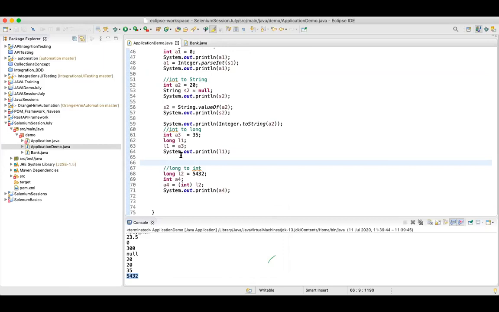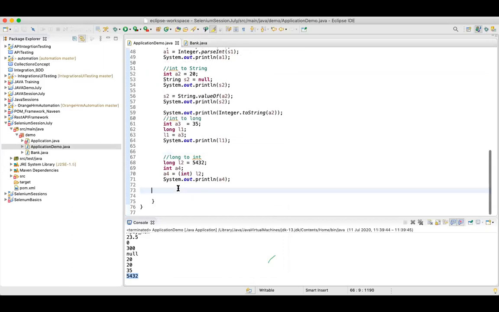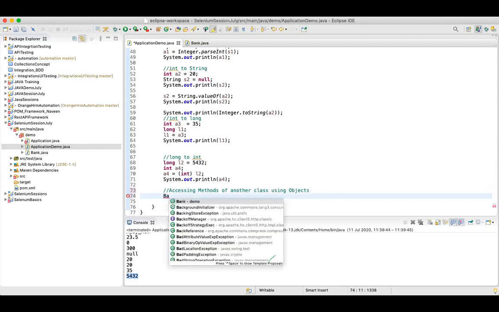So what I'll do is, I'll create an object of bank.